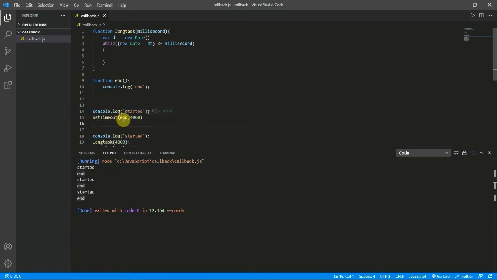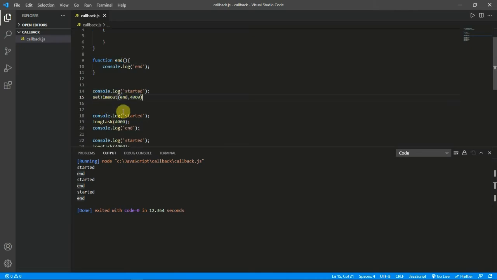And this is sending a function as a parameter. This sending of a function as a parameter is called a callback. setTimeout is already a function, and inside it I am sending another function. So after the 4 seconds, it will call another function from inside of the function. Let's run this and see how we are getting the output.